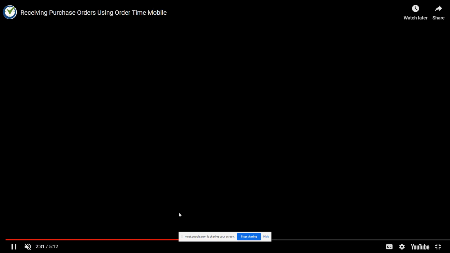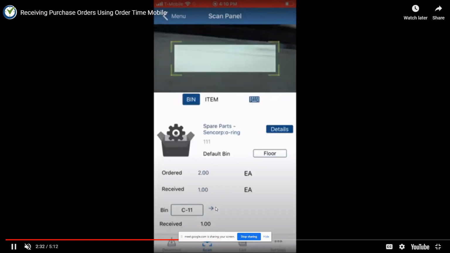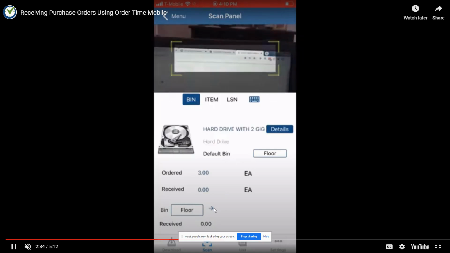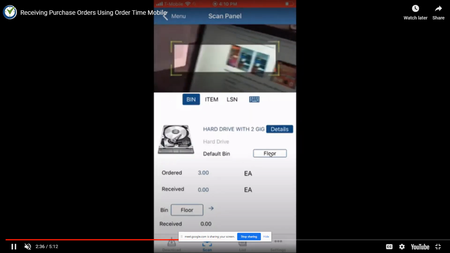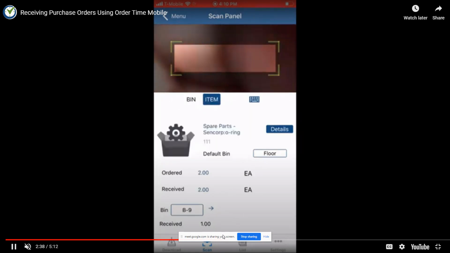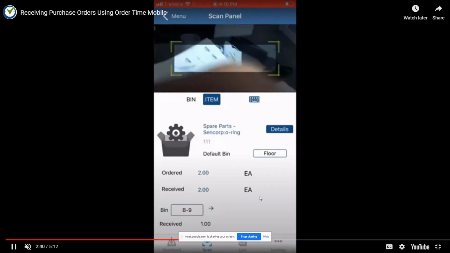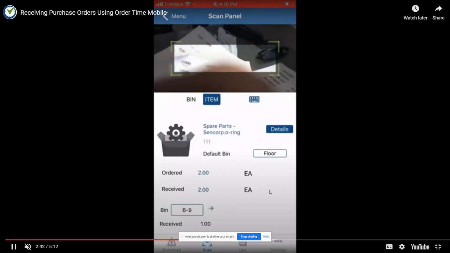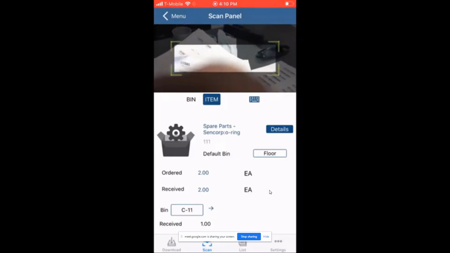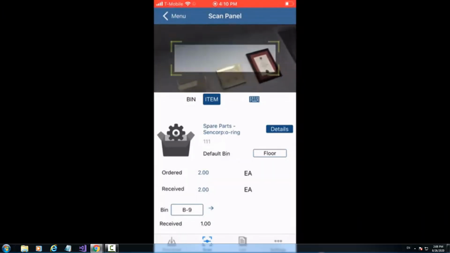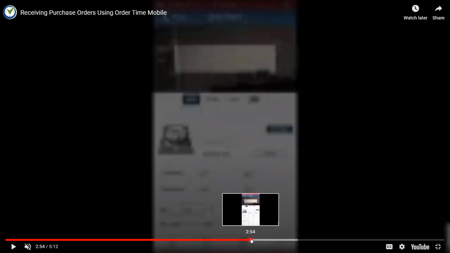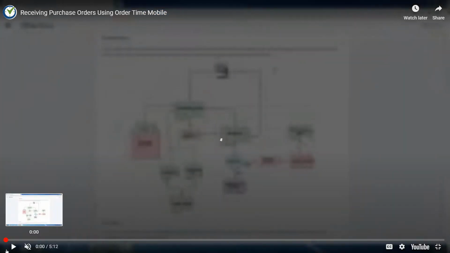So this just shows which bins were actually used, whereas this is a default bin. Okay. So you can see here, as I'm scrolling through the bins, that there's one in B9 and there's one in C11, and then also in this example, we scan